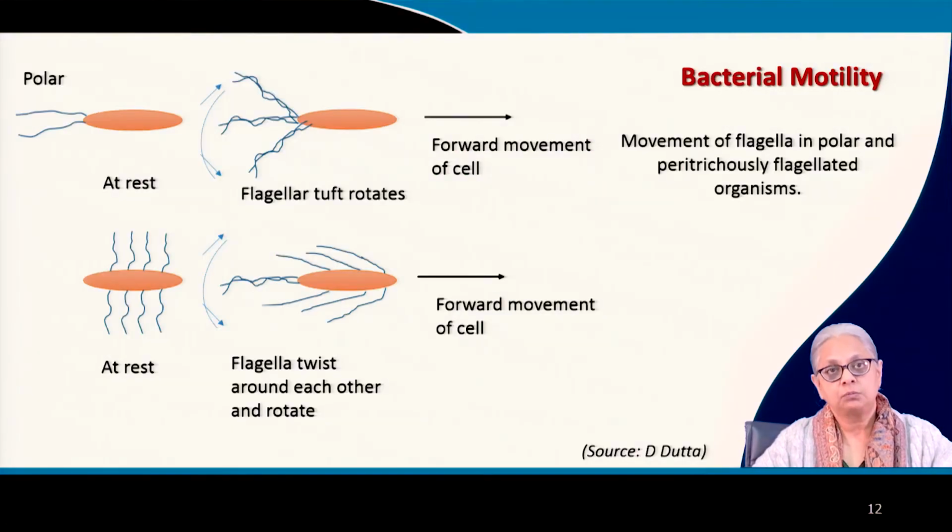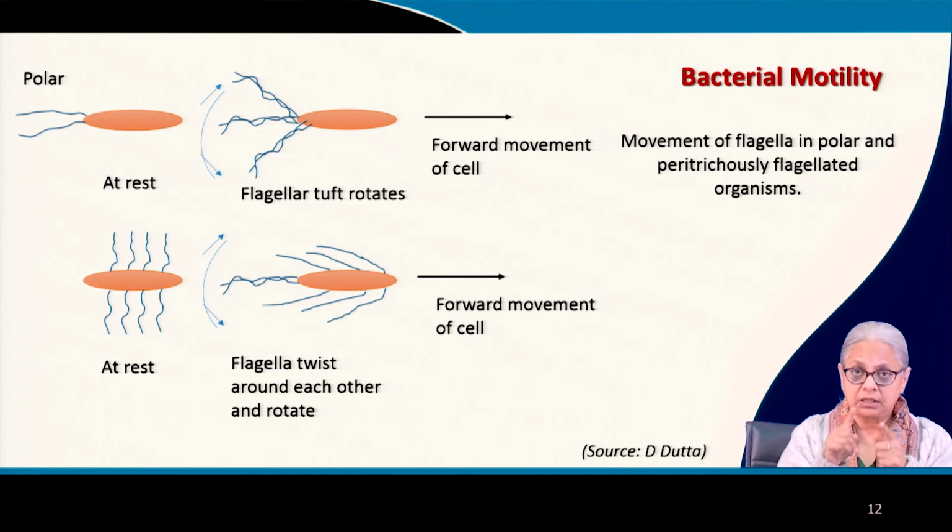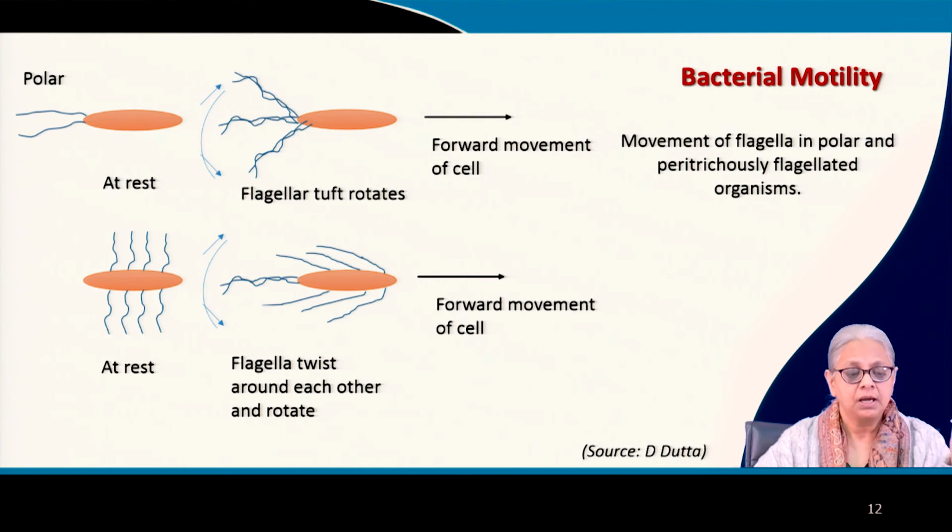How does the bacteria move in water? So here we have a polar arrangement of the flagella. So here is a bacterial cell. It has only two flagella. Now these two flagella will sort of braid around each other. They will form a structure, and this structure will move to and fro, literally. Okay, so this is the nature of the movement of the flagellar tuft, and this will push the cell in